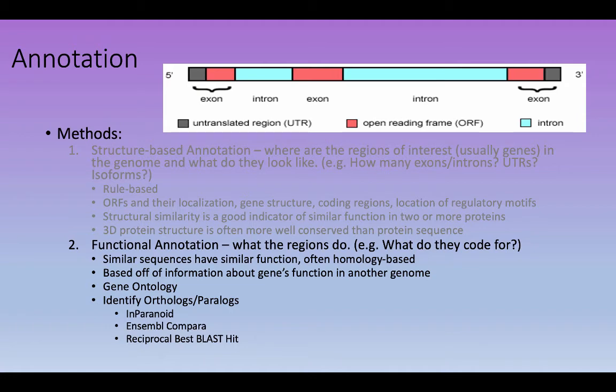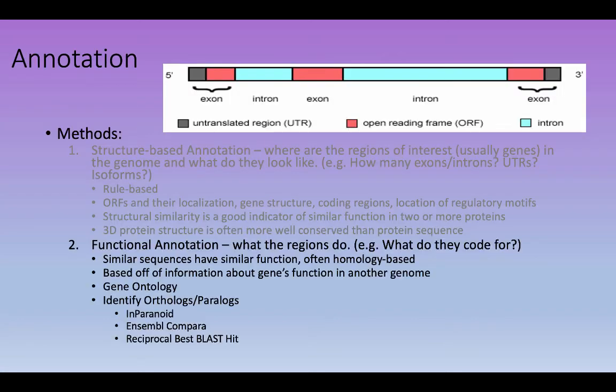Now let's think about how we actually identify things by sequence similarity. Again, we're basing this off of homology. We've talked a lot about BLAST, so I'm not going to go into BLAST because you guys basically understand how BLAST works, right? But I am going to talk about some other examples. So one of the classic ways that we might identify something based upon functional annotation